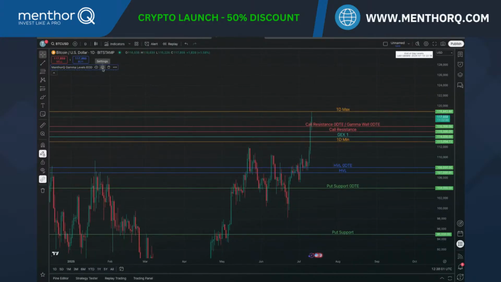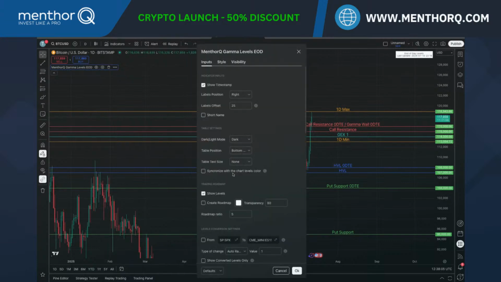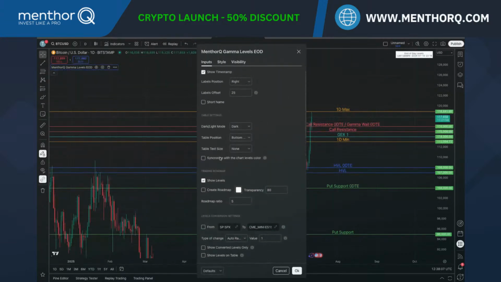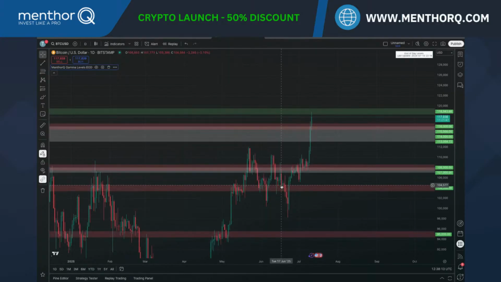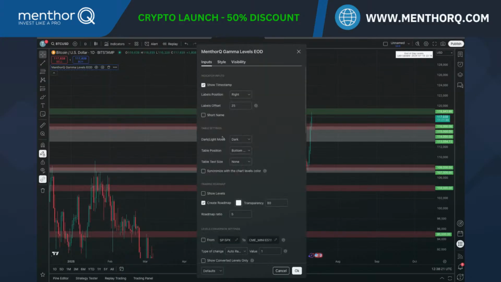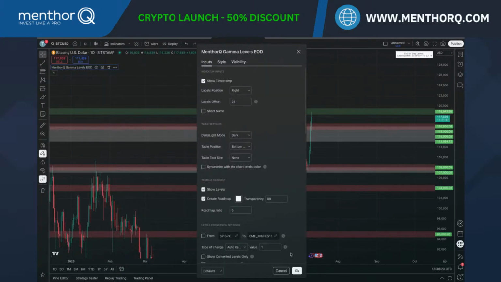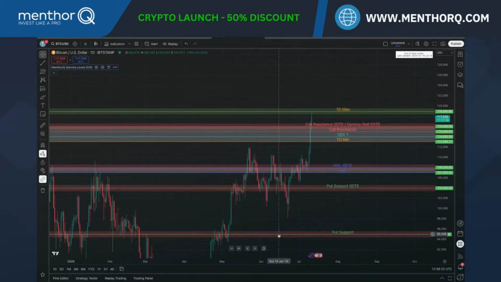Basically, this is the end of day levels. The simplest thing is to create a roadmap, and you can even take out the levels and just trade with this here. So we know that something is here, and most probably we're going to be stopped out here if nothing else happens. But for the sake of it, let me put this into perspective. So what do we see here on the long-term horizon?